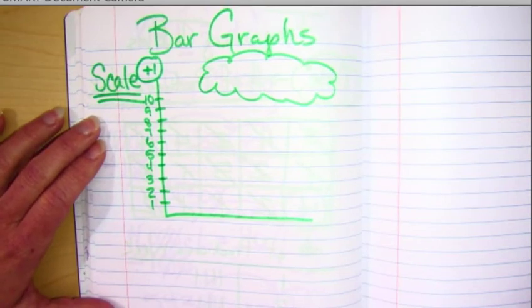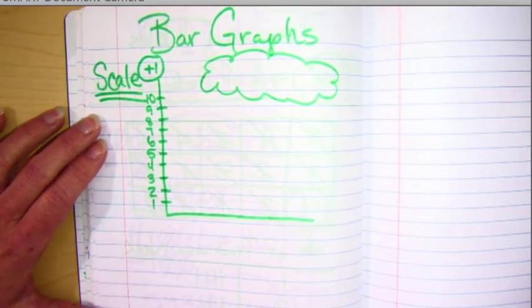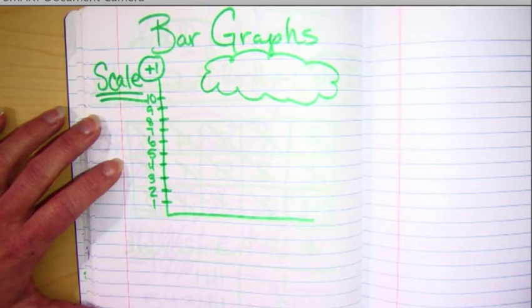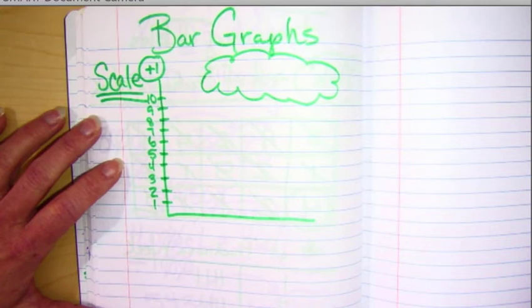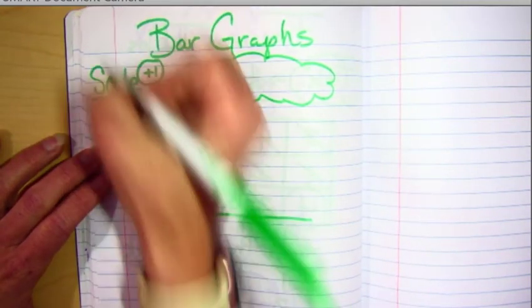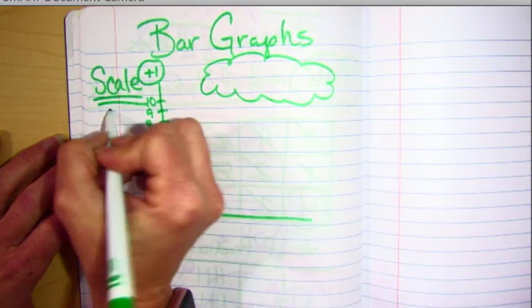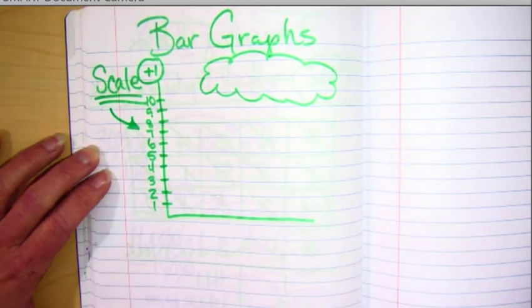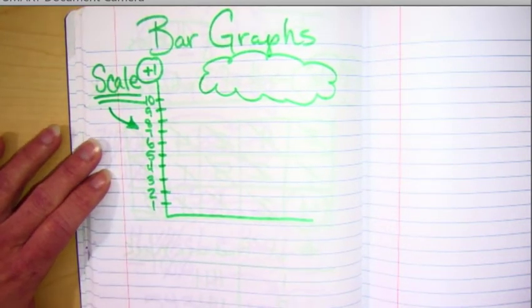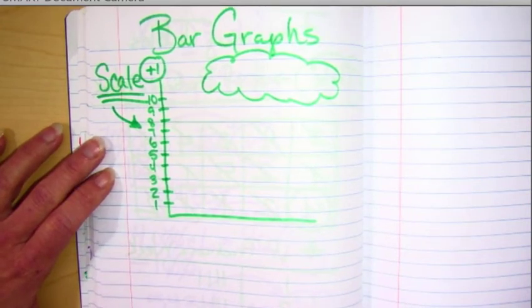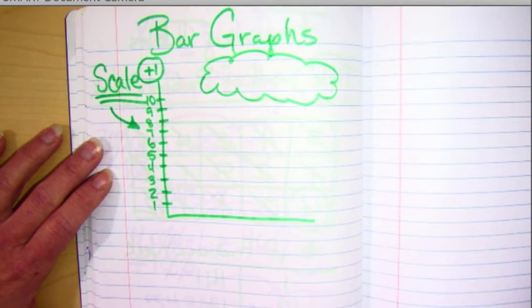If I did a survey of everybody in the whole school, would I want to make a bar graph that counted by ones? No. If I do a survey of the 900 plus kids in our school, wouldn't I want to count by 25s or 50s? Yes. Your scale is what you're counting by. So when you get a data set and it says what scale would be appropriate, if you've got numbers up to the 300s, you don't want to count by ones. Do you understand?